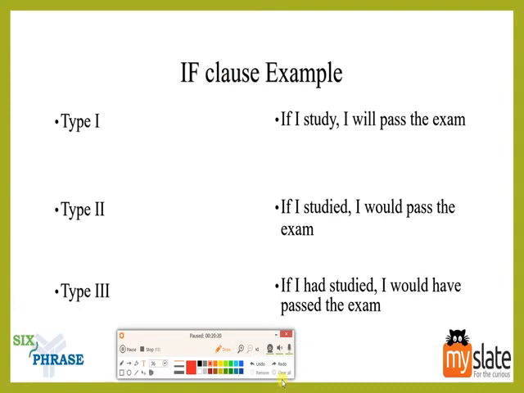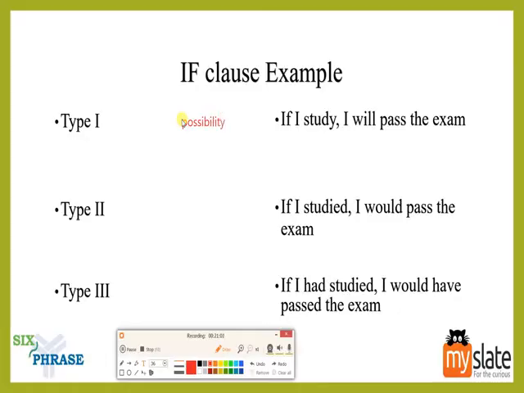See, these are the examples of our if clause. We saw the three types, which are simple present, simple past and past perfect. So here we have three examples of type 1, type 2 and type 3. Directly we see type 1 here. If I study, I will pass the exam, which is type 1, simple present. For example, your father is coming into your room, and he asks you, will you pass the exam? You answer, if I study, I will pass the exam. So there is a possibility, right? You are talking about a possibility here.